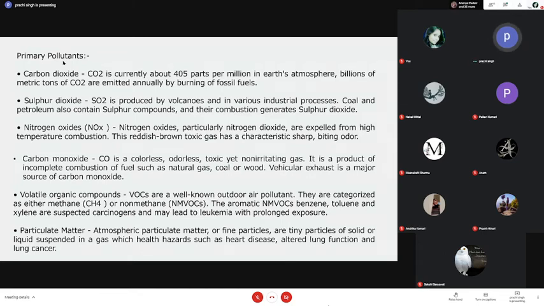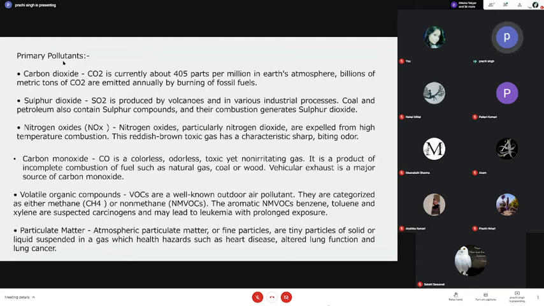ठीक. Let's come to the main primary pollutant, that is sulfur oxides or the oxides of sulfur. Naturally, volcanic activities are the source, and some decomposition activities by microorganisms. But when they talk about anthropogenic reasons, then it is because of your fossil fuel, either coal or petroleum, and the mining activities like sulfur mines, okay, which are generating that. And of course, if there is some chemical industry which is using sulfur, then from there your sulfur oxides will be formed.